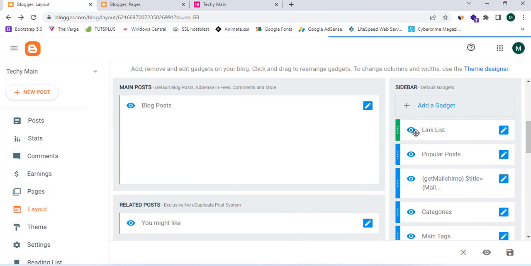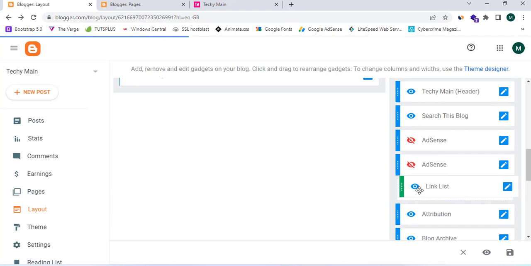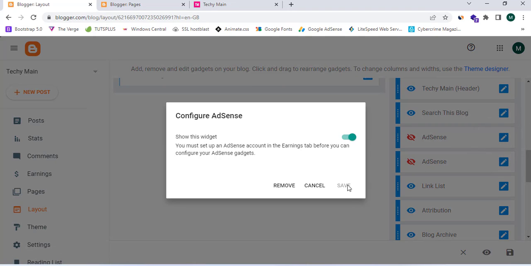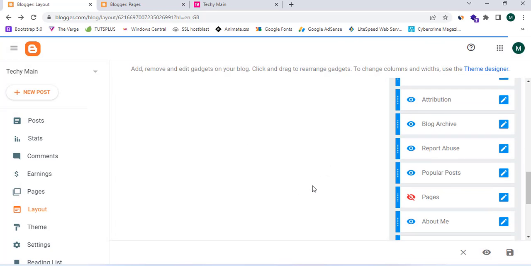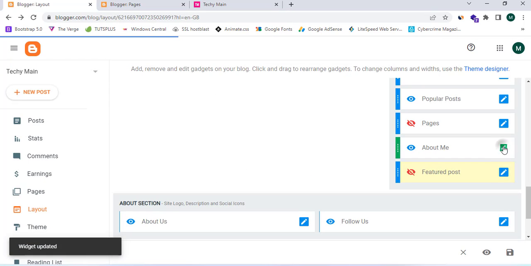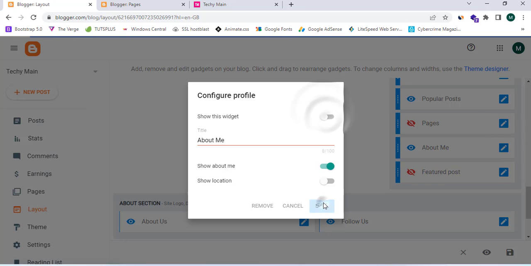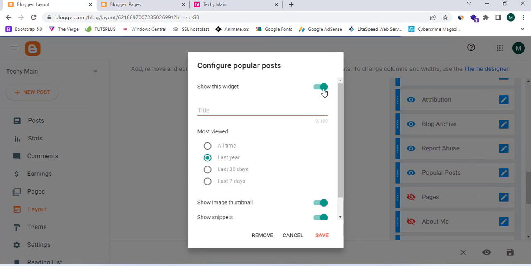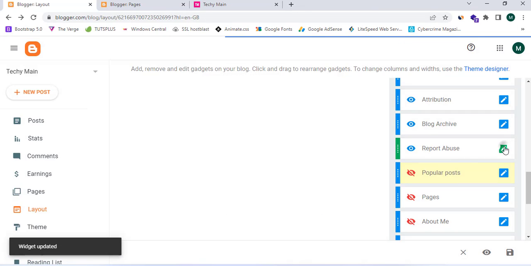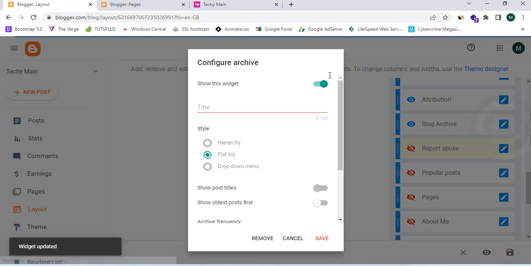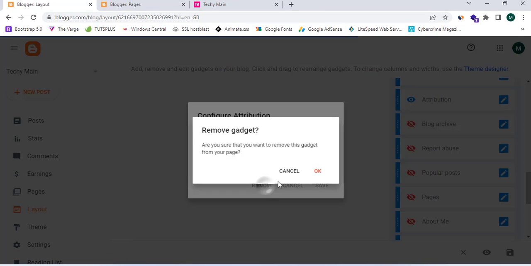So I'm going to take this down the linked list, and this is the AdSense widget, and we can place ads using this. So I'm going to remove this featured, I'm going to remove this about me section, I'm going to remove this popular post, and report abuse, and blog archive, attribution. I should remove this,